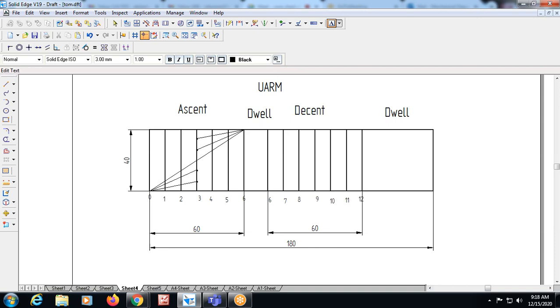You can take convenient numbers. Sometimes some take A, B, C, D or 1, 2, 3, anything is okay, no problem. You can take any numbering, it is only for your convenience. You can take 0, 1, 2, 3, 4, 5 up to 6. Then again you can take this one as 6 dash, then 5 dash, 4 dash, 3 dash, 2 dash, 1 dash, and then again back to 0. According to some procedure they can take any numbering. In some books you will get numbering like this, and any numbering can be done, no compulsion for that.